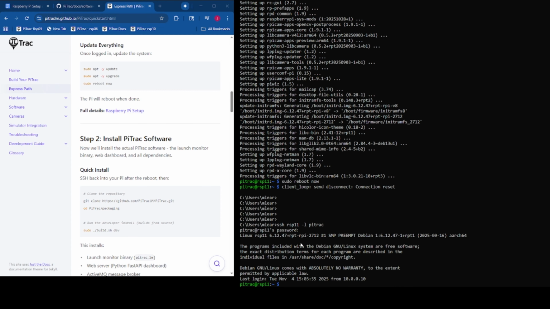So now we're back in, we've upgraded our software, and the next thing the installation documentation tells us to do is to install the PiTrac software. Now there's a couple ways of doing that. If you don't want to be changing the source code and you want to do the absolute easiest way of installing PiTrac, you could simply use one of our pre-built packages. You would do something along the lines of apt install and then the name of the